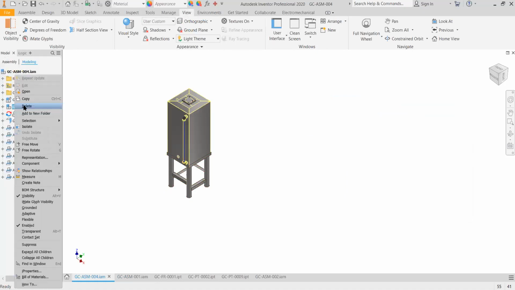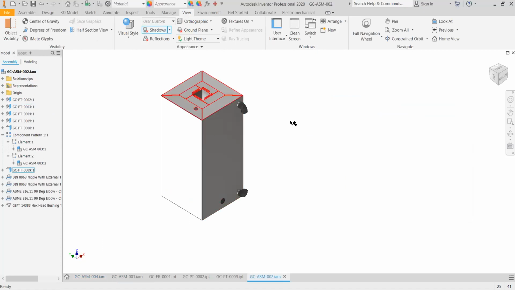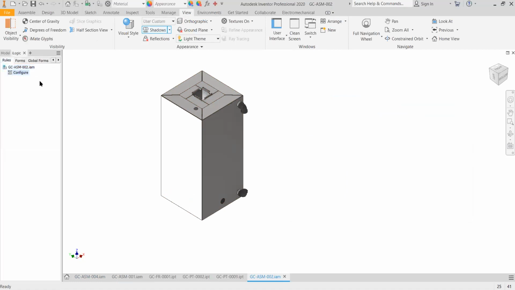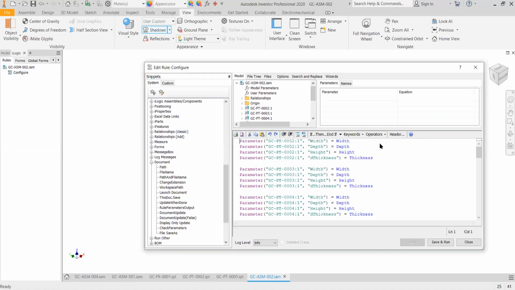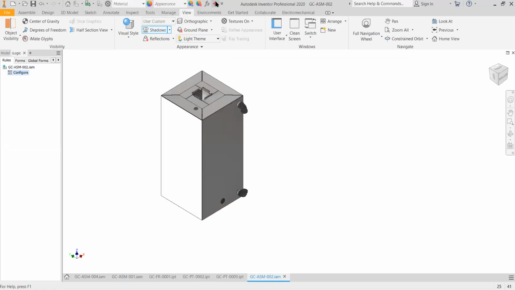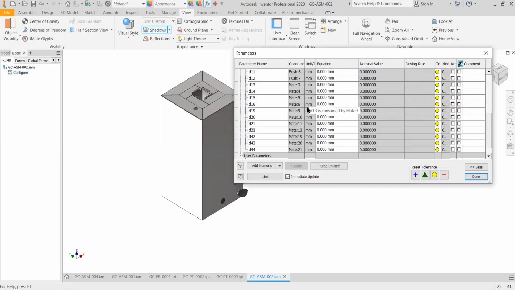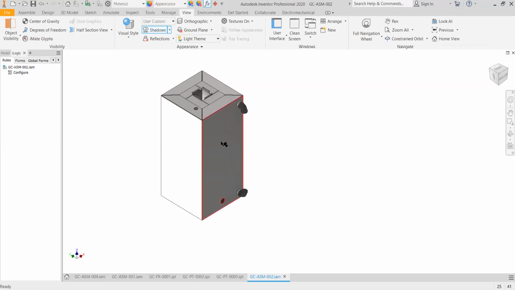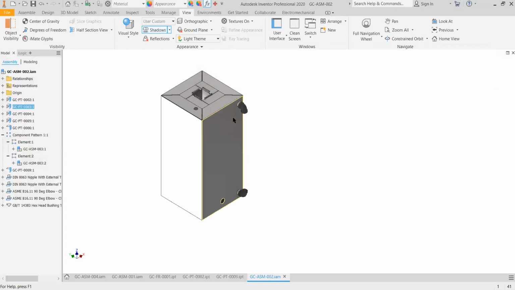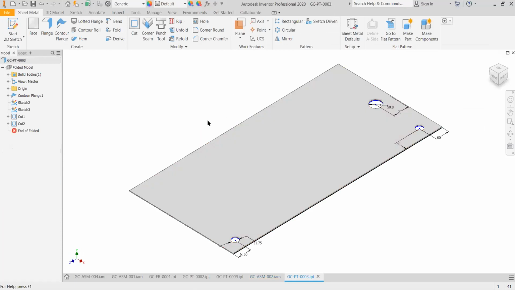here. So a similar process to what we did earlier is what we're going to do right in here also. Same thing, set up my configuration rules for every part that exists in here, 002, and link it with the parameters that I've actually declared right in here. If you come in here, I have my parameters already declared: the height, the width, the thickness, and the depth. So they are already declared right in here, and these parameters are also already linked with every